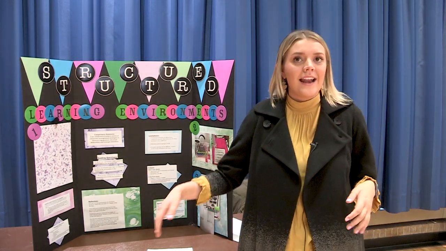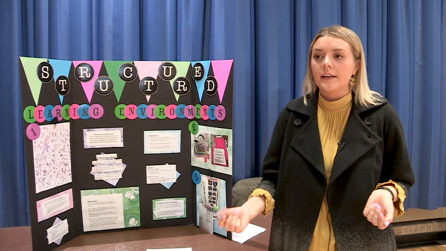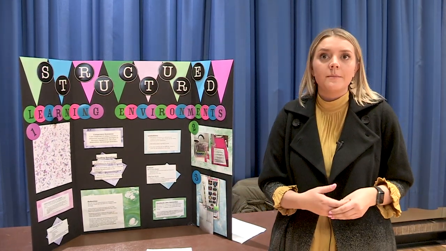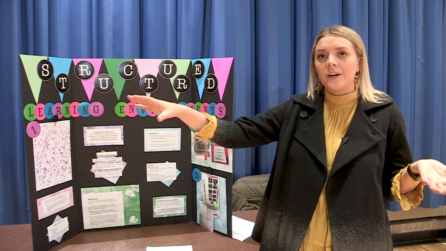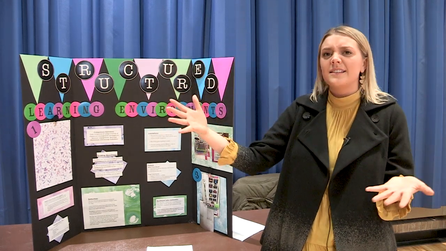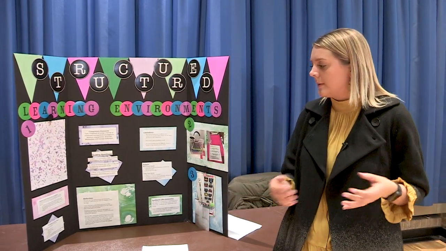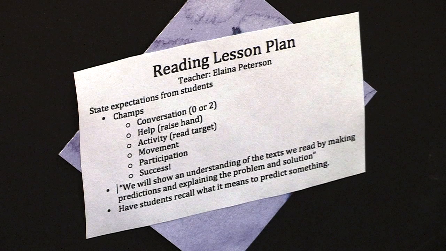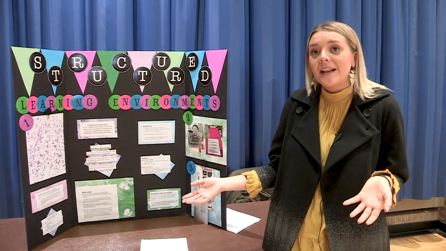So I then wrote another lesson plan, and I stated those really clear expectations. I came up with CHAMPS. First is conversation level. It should be at a 0 or 2. Help, if you need help, raise your hand. Activity, we stood up and walked over to the target board and said, this is what we're going to learn today. So I really stated clear expectations and clear objectives of what they were going to be learning. Movement, there's no reason to be moving around at this time because we had just gotten back from the restroom. And participation, if we are 100% participating, then we will have success within the classroom.